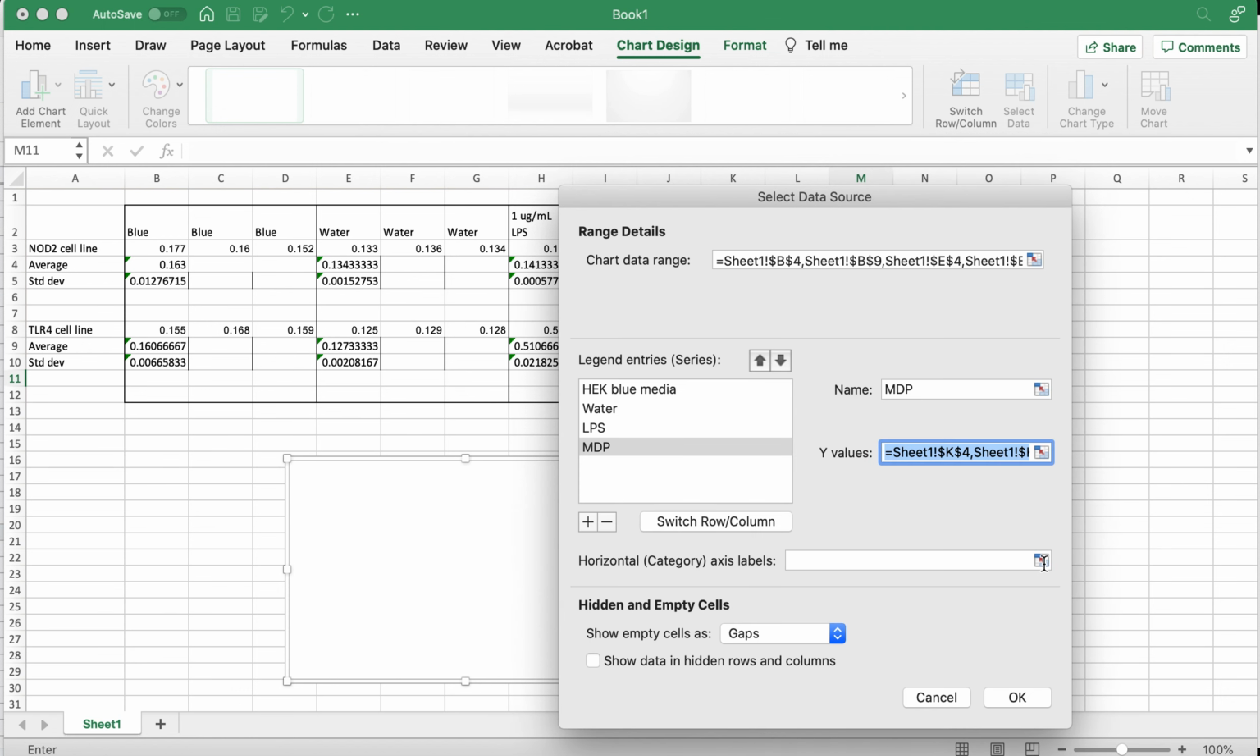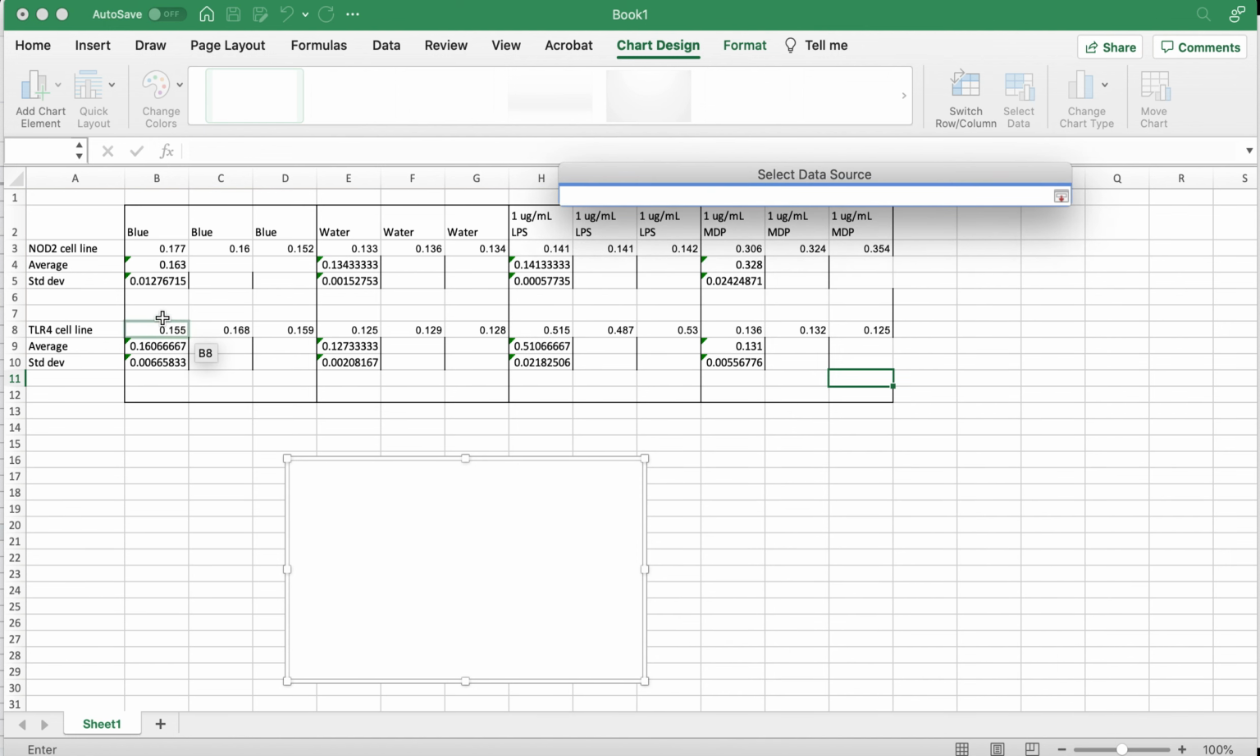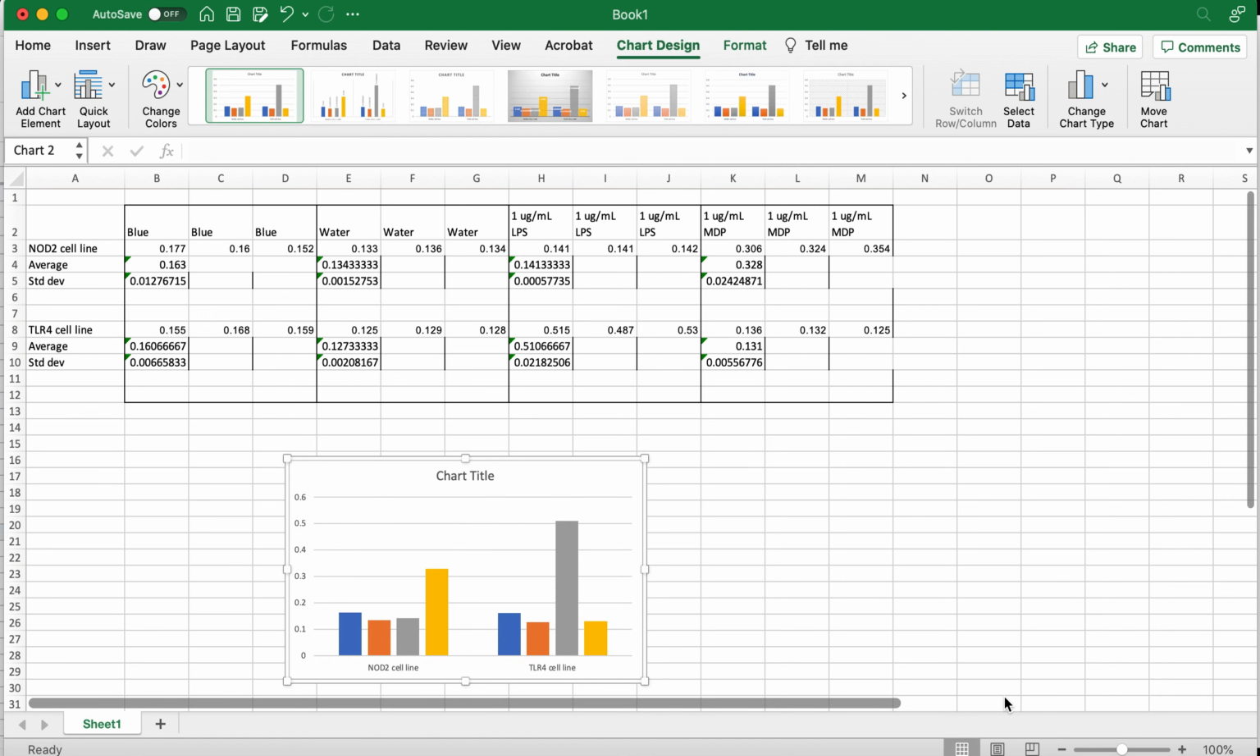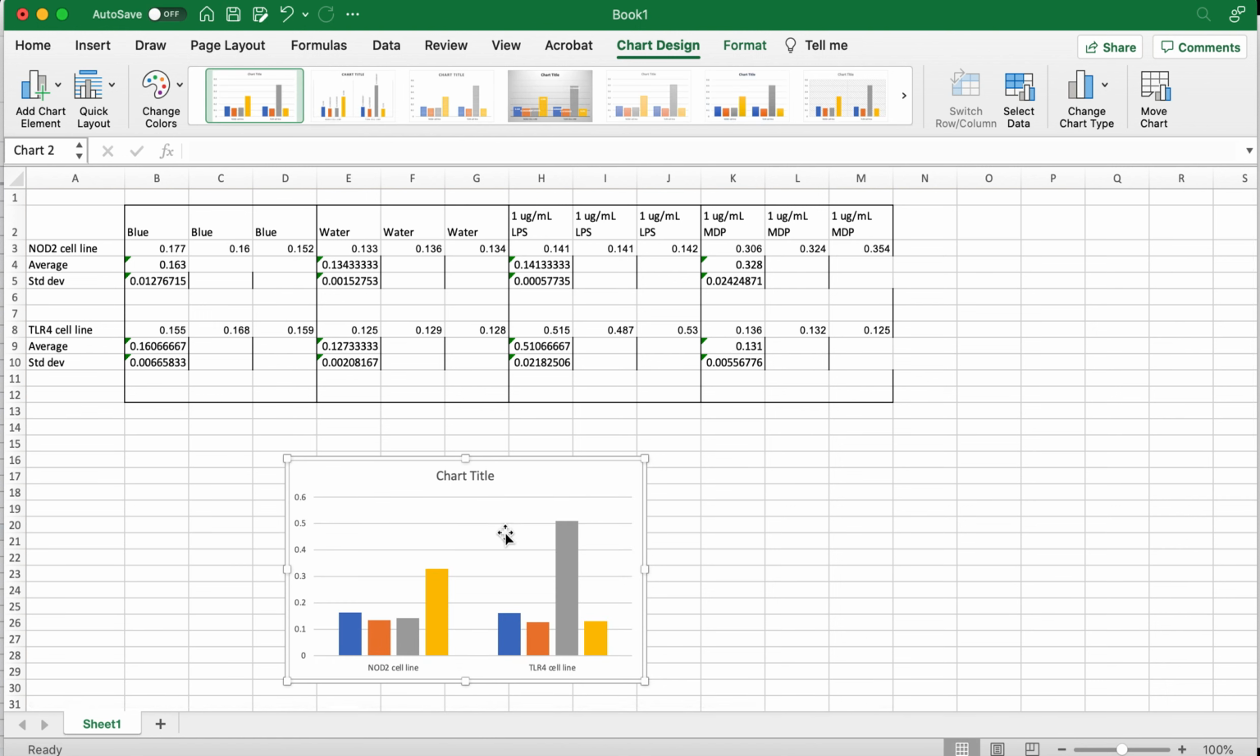We're now ready for the horizontal axis or the x-axis, and for that, that's going to be our 2 cell lines. Now once this is done, we are ready to hit OK, and now we are able to see both our NOD2 cell line readings and our TLR4 cell line readings. We now are going to show the